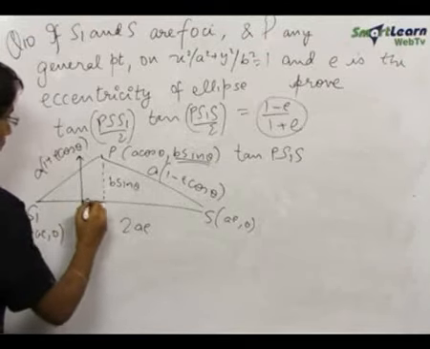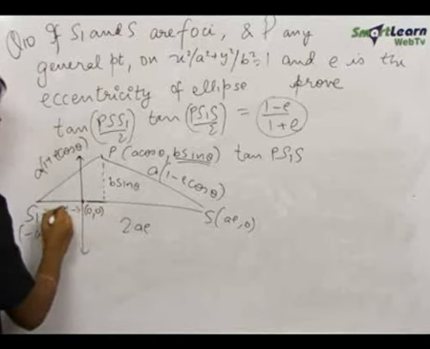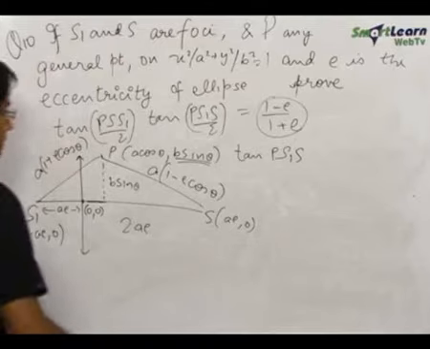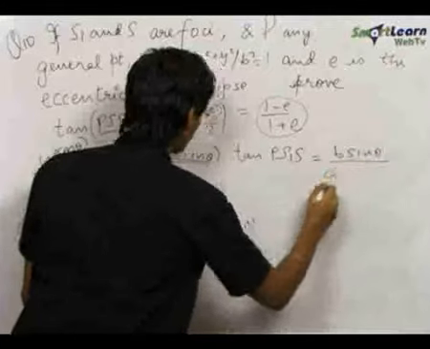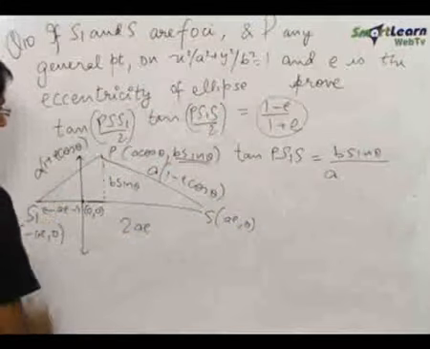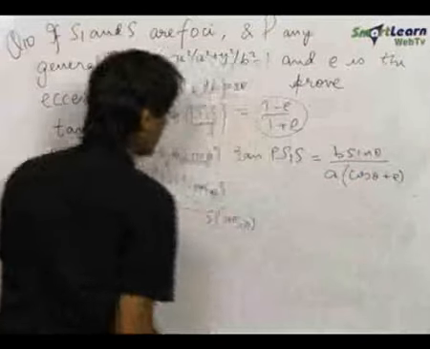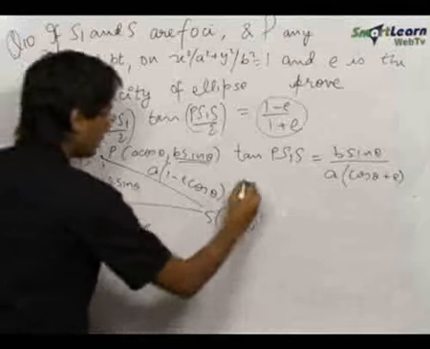This is equal to the x coordinate, that is A cos theta, and this is equal to AE. So tan of PS1S becomes B sin theta upon A cos theta plus AE, that is A times cos theta plus E, and tan of PSS1